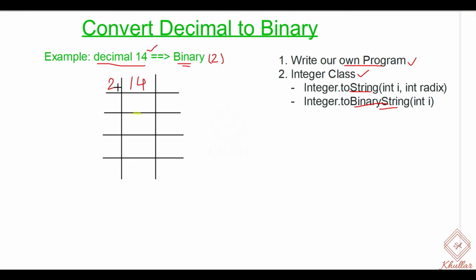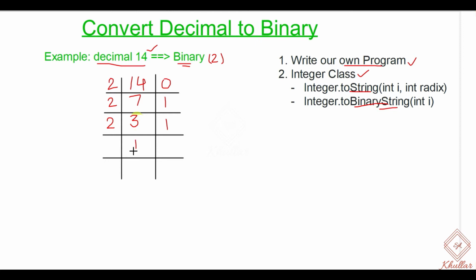We'll divide 14 by 2 and note down its remainder. Once we divide 14 by 2, the remainder would be 0 because it is fully divided by 2, and the quotient would be 7. Then again we divide 7 by 2. We note down its remainder, which is 1 in this case, and the quotient would be 3. Now again we divide 3 by 2, and the remainder would be 1